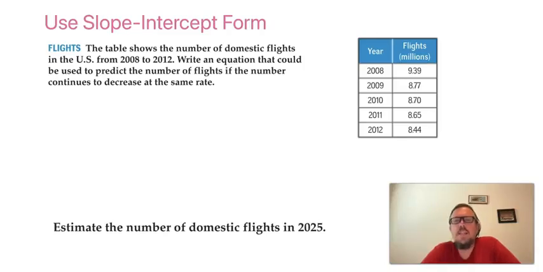This table shows the number of domestic flights in the US from 2008 to 2012. We're going to write an equation that can be used to predict the number of flights if the number continues to decrease at the same rate, and the equation can be used to make a prediction for the number of flights in 2025. So, as usual, to write an equation in slope-intercept form, we need to know both the slope